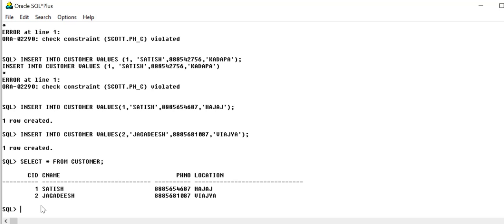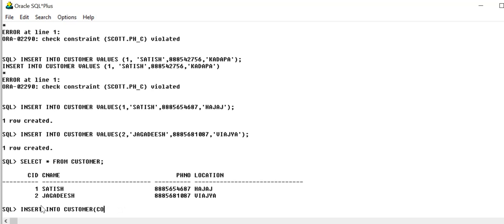Now shall we create one last row, and then we will go to the next statement, that is update. So now we will enter the record in a different way. Okay, we have seen 3 ways. Now we will try one more way. Insert into customer, column 1, comma, column 2.